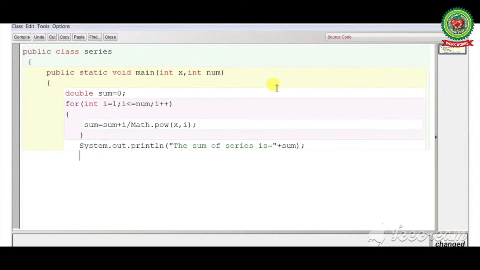Now we will close our curly brackets, that is your main method bracket, and then the class bracket.